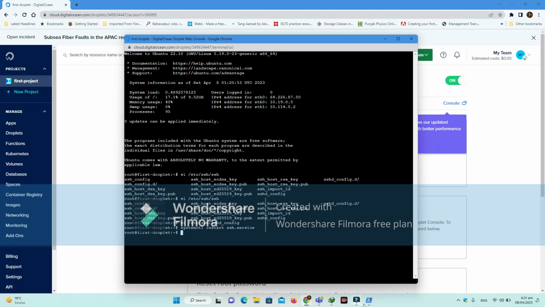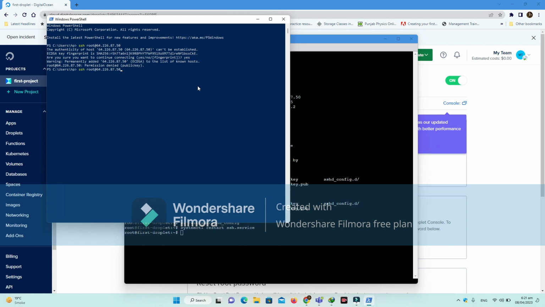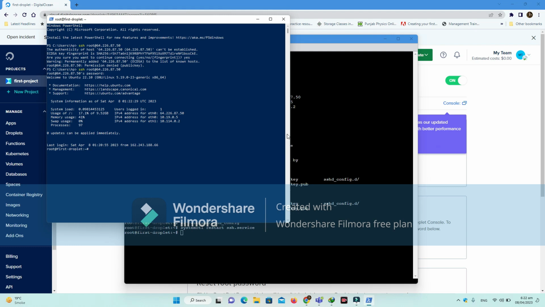Okay, so now you can try again from here. Okay, so now I'm able to access my DigitalOcean VM from this console. So you can use any terminal. If you are on Mac, you can use your terminal. If you are on Ubuntu, you can use your terminal. If you are using some third party like PuTTY